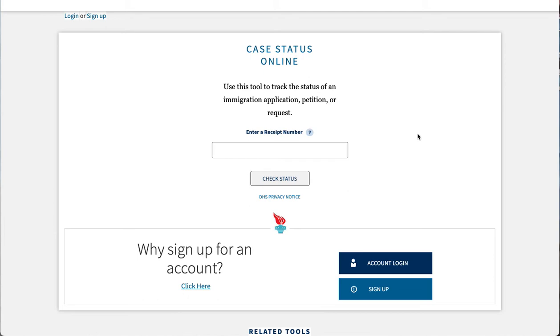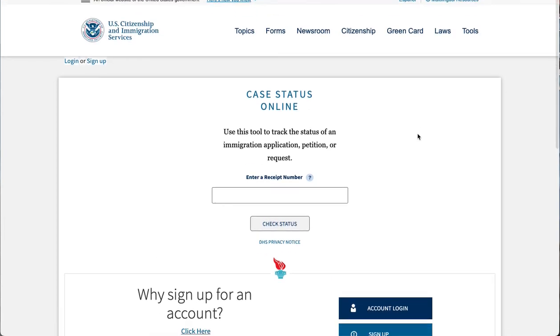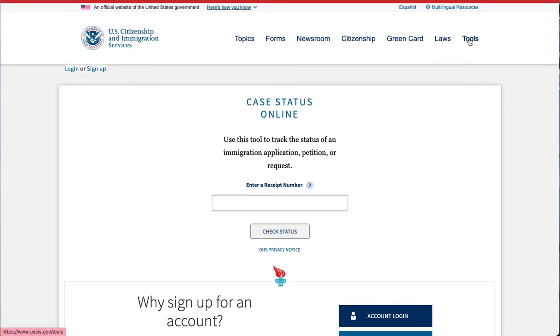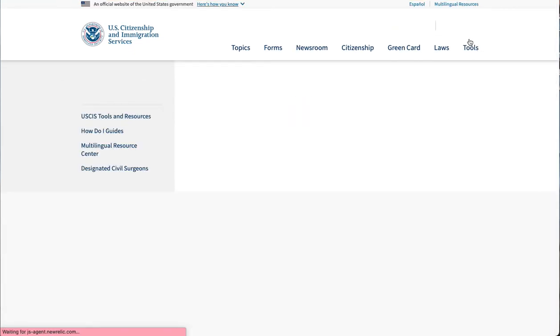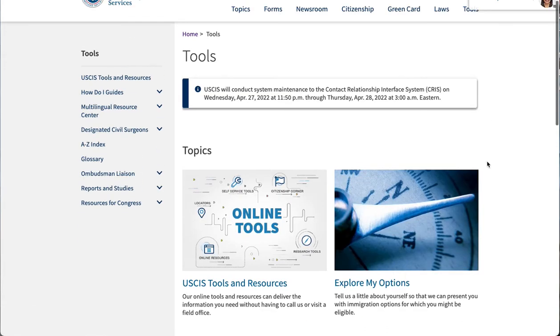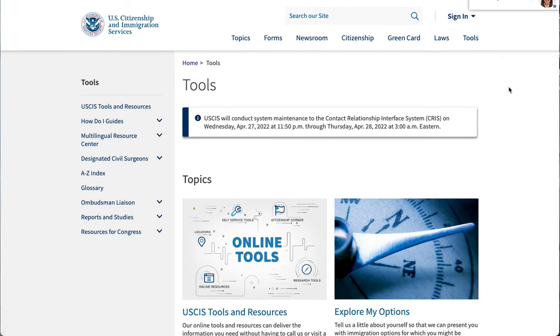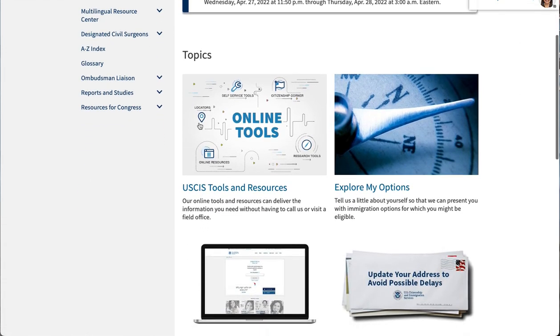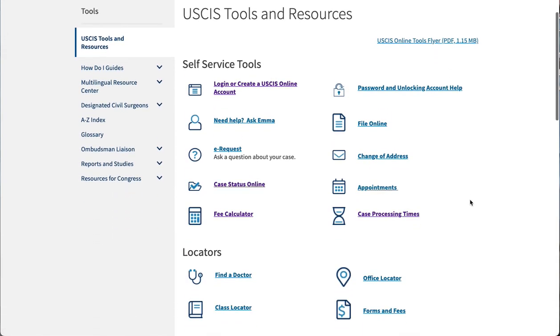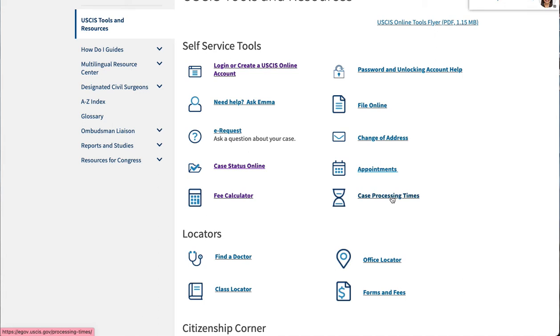The next thing you can check with your receipt notice is the processing times for your case. So to do that, we go back to Tools. This is still USCIS's website. We go to USCIS Tools and Resources, and we scroll down to here, Case Processing Times. Click on that,